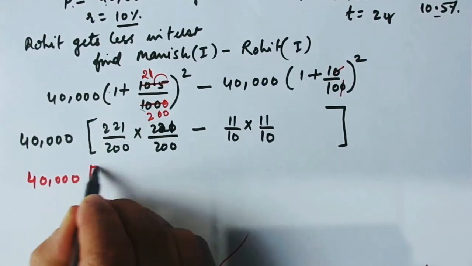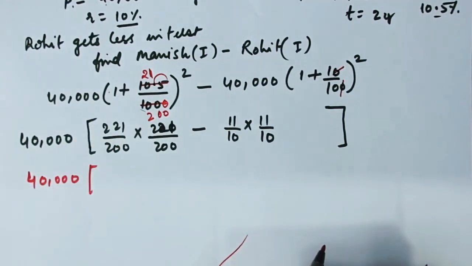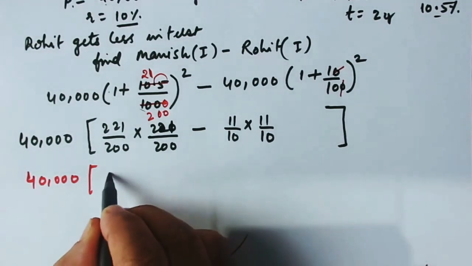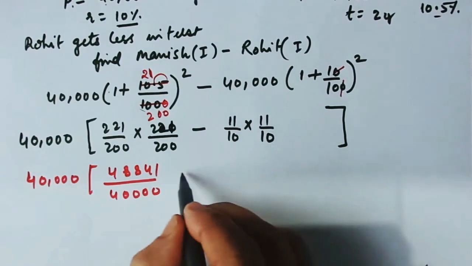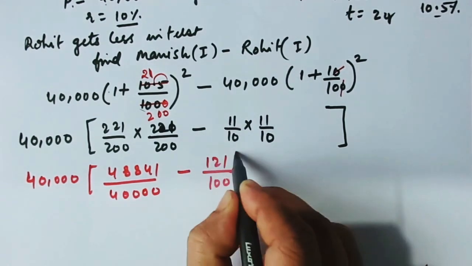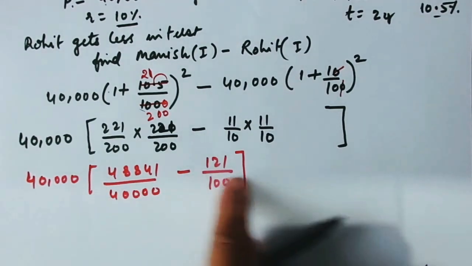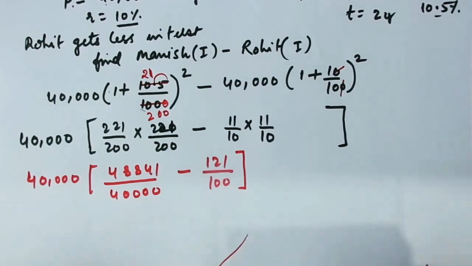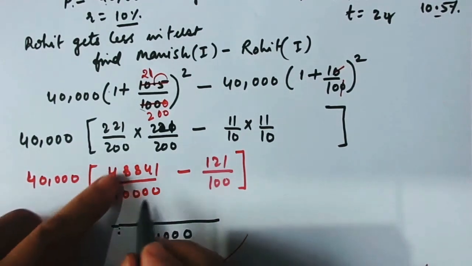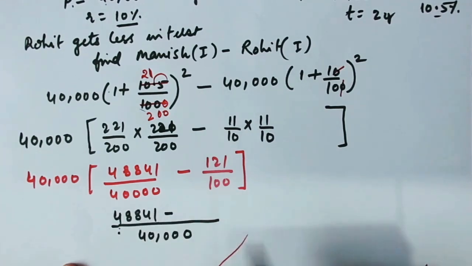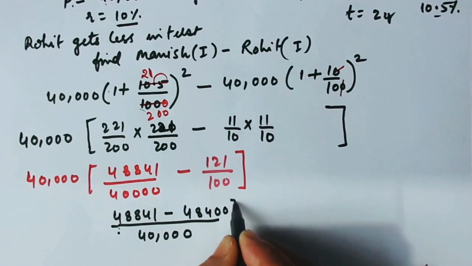40,000 मल्टीप्लाइड, आपको मल्टीप्लाई करना पड़ेगा 221 इंटू 21, रफ स्पेस इज ओवर हियर एंड देन यू विल गेट 48841 बाई 40000 माइनस 100 एंड 21 बाई 100। क्लियर? विल यू टेक एलसीएम? ये 40,000 और 100 का एलसीएम विल बी 40,000 ओनली। तो ऊपर वाला जैसे का तैसा 48841 माइनस 100 हटाओ, यू विल गेट 400 इंटू 121, 48400। इसको लॉक करो।